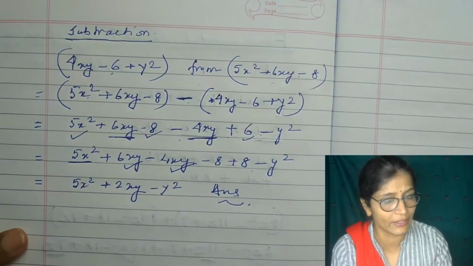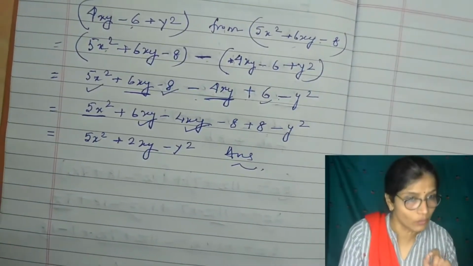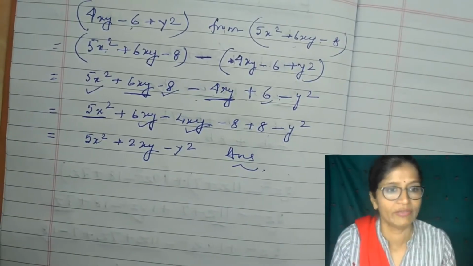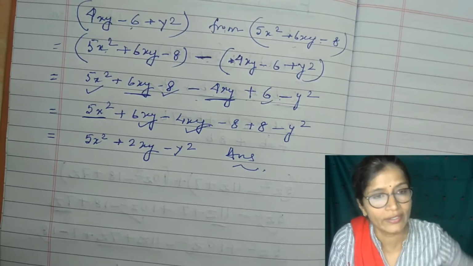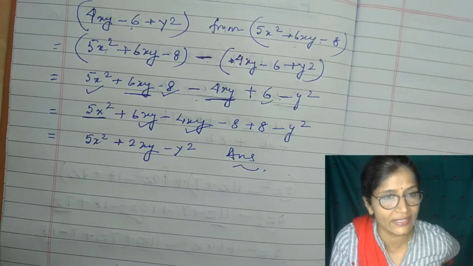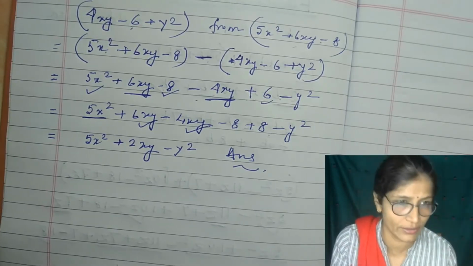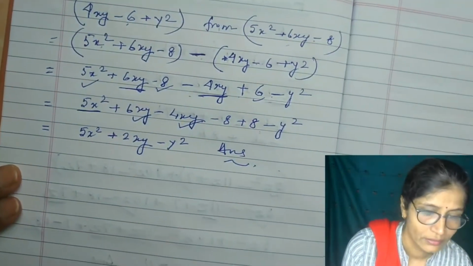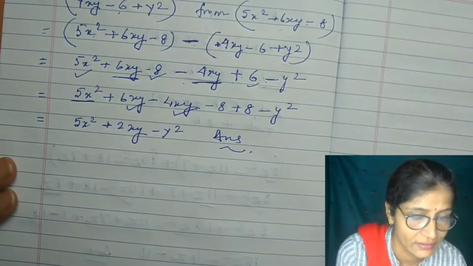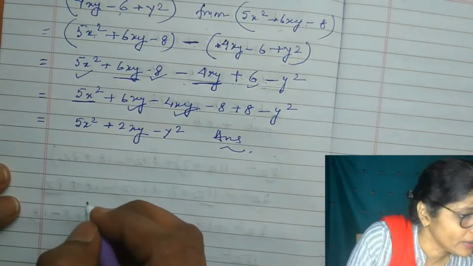That is the subtraction. I'll explain one more subtraction and then we will go directly to multiplication, because addition and subtraction you have already done in class 6 and 7. We are just recapitulating, just recalling. That is why I have done all these sums. Now one more sum.